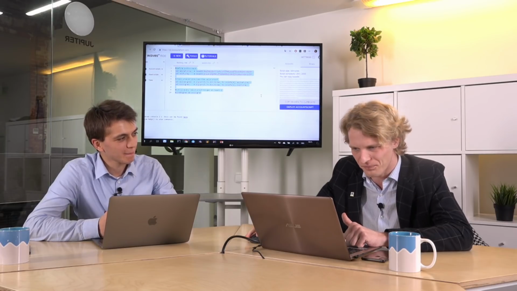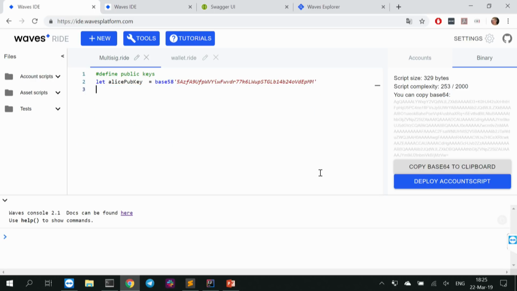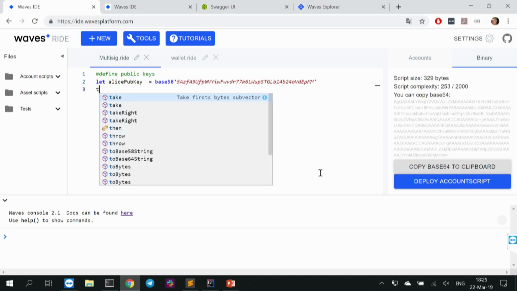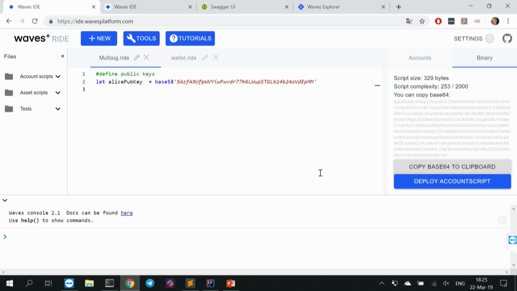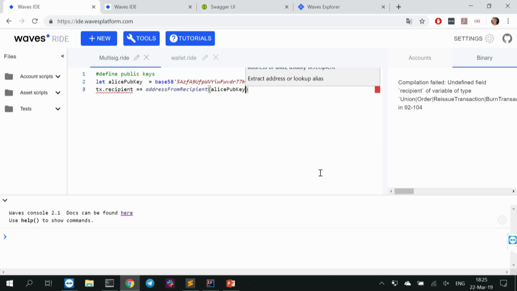For example, if you want to allow an account to send data to only certain address, let me try some live coding. Let's say that the recipient of the account should be Alice, exactly. Alice from public key.